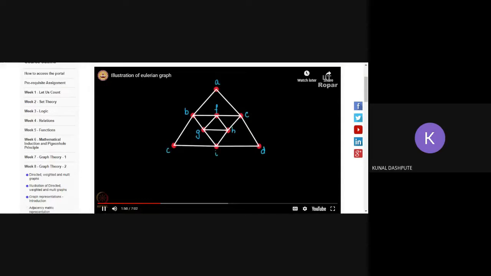Consider this graph with the labelings A, B, C, D, E, F, G, H, I. So these are the labels.